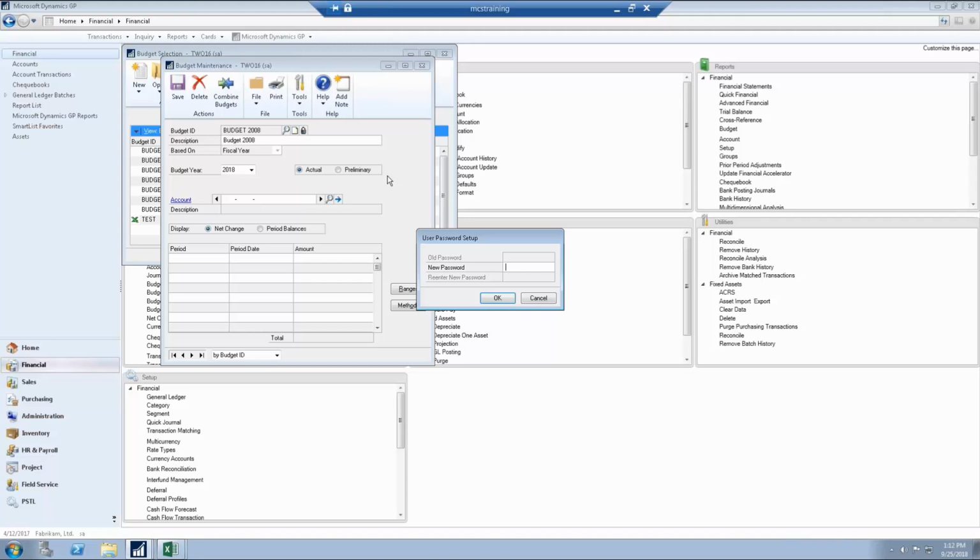And it's a password per budget. So you can actually have different budget owners. If you have multiple budgets that you might be going against, you can have the password per budget. So that means you would be per owner. Now, that being said, if you ever have the problem that a user leaves who has the password, we can retrieve that password for you as well. You just need to be system administrator and have a little bit extra security, okay? Now, I am in SSA, so I do have extra powers, okay? Now,